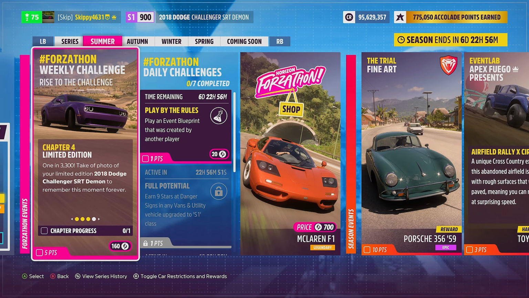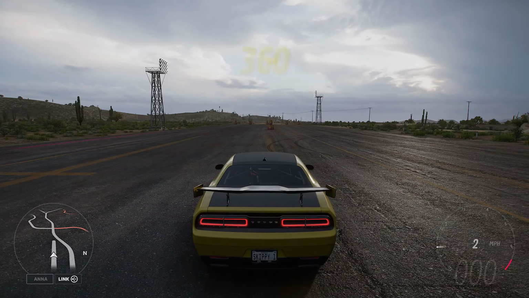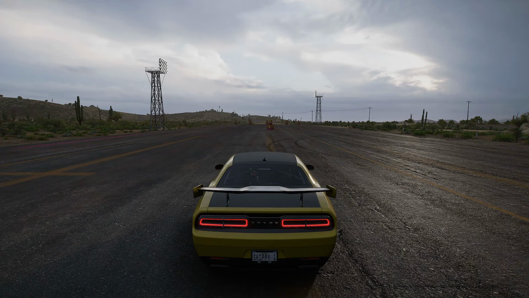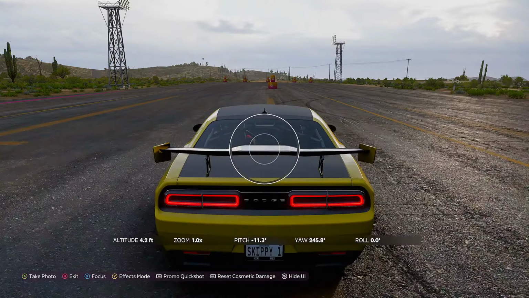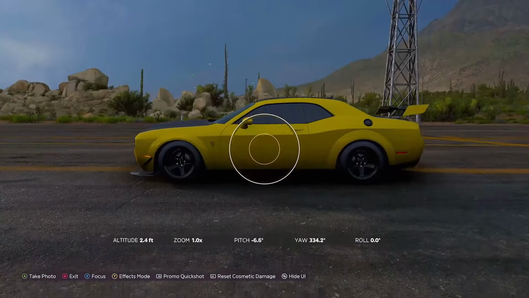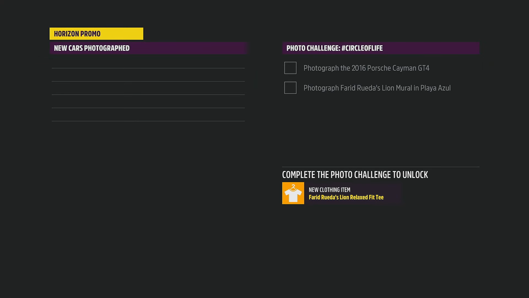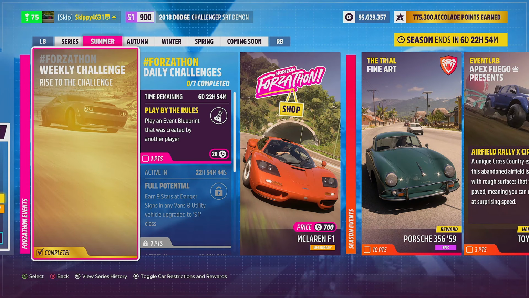edition. Now this doesn't make much sense, but 1 in 3,300 take a photo of your limited edition 2018 Dodge Challenger SRT Demon to remember this moment forever. Now for this chapter, you can be anywhere on the free roam map. You can even do it during a race. Hit up on the D-pad or whatever your button is to get into photo mode. Make sure you have the Challenger in shot. Hit RB for promo quick shot. And that is chapter 4 completed, finishing off this week's Forzathon challenges Rise to the Challenge, giving us 160 Forzathon